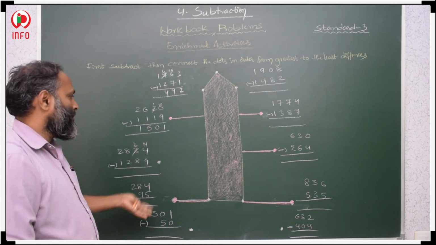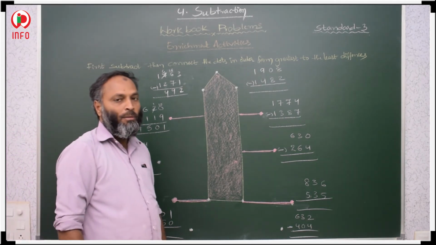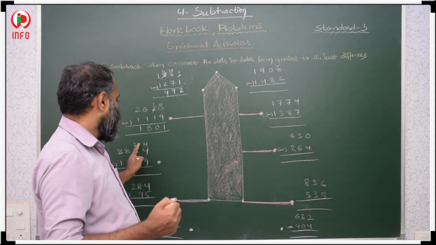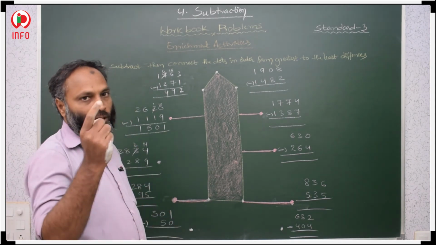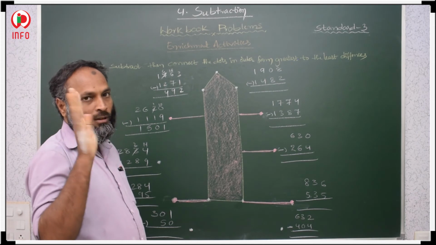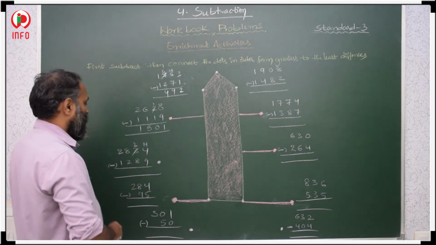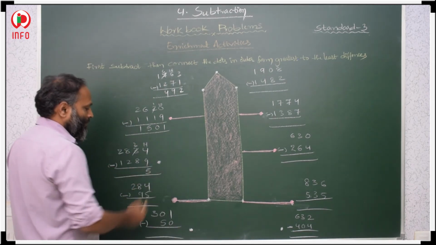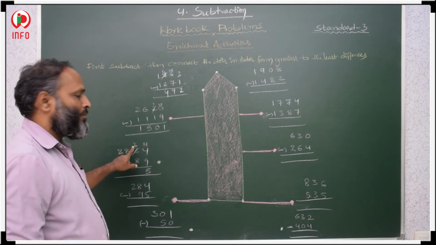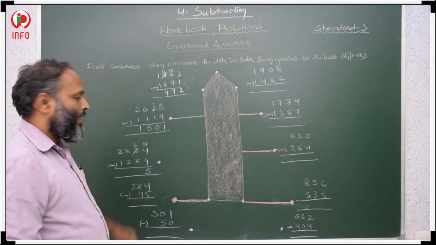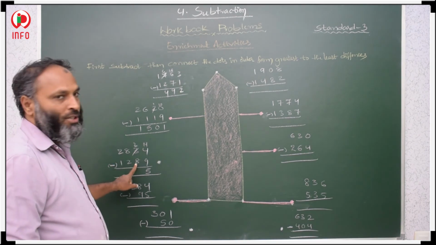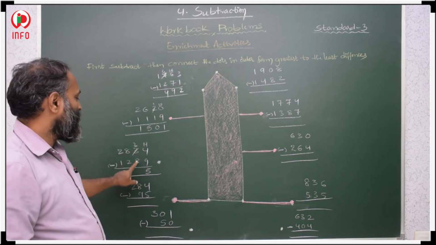Already we did many times all these subtractions. 14 minus 9 means from 9 to 14 we have to count 10, 11, 12, 13, 14. How many? 5. Take here 5. Here 2 minus 8. This is the minuend, this is the subtrahend. The minuend is smaller, the subtrahend is bigger.